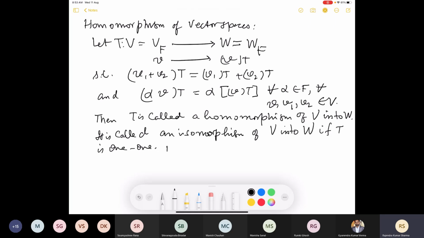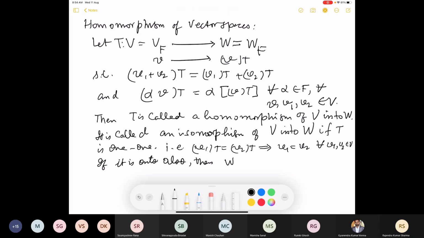That means if you have v1T equal to v2T, then this implies that v1 is equal to v2, for every v1, v2. If it is onto also,